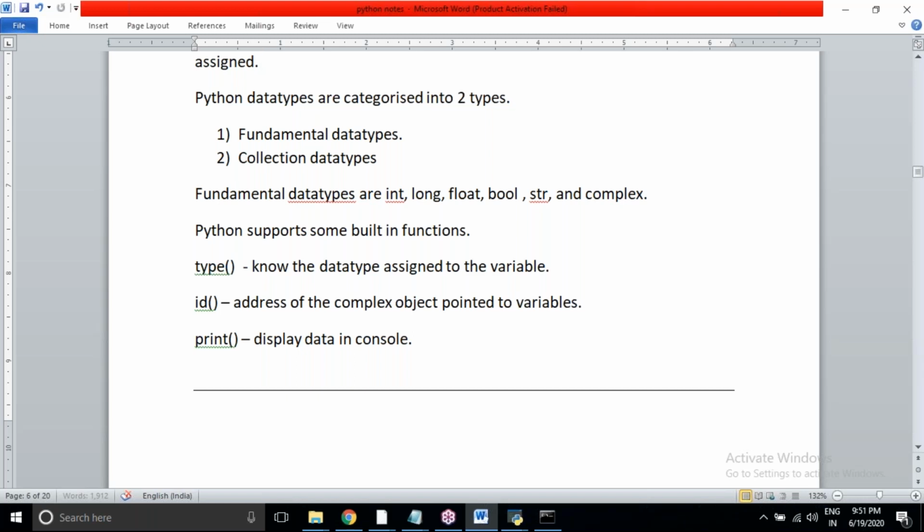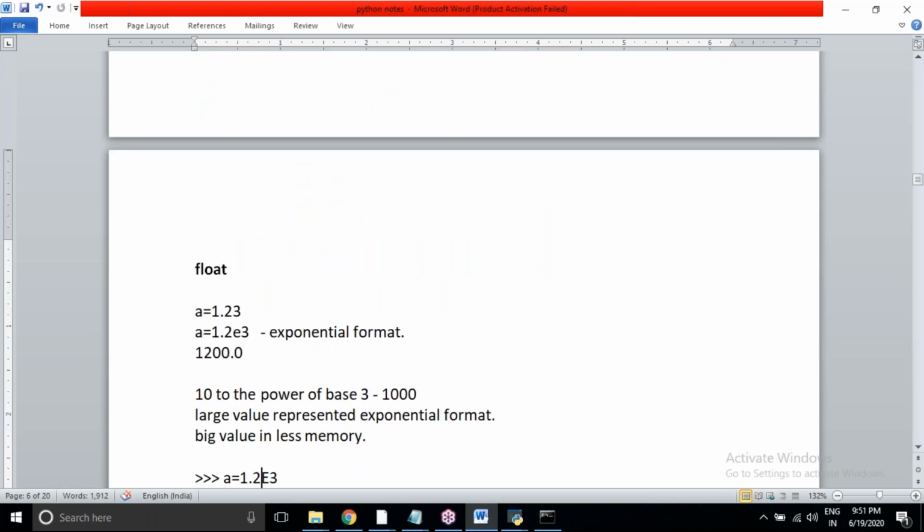When we say complex data type, here we have one format. Based on that format, we can store the values here.